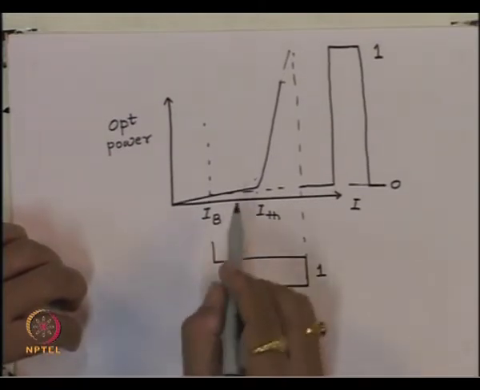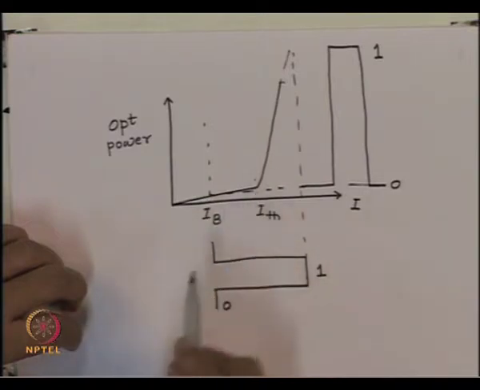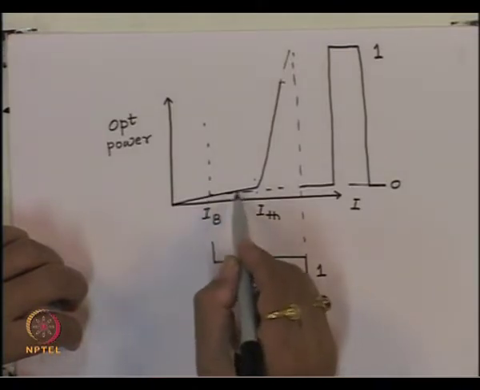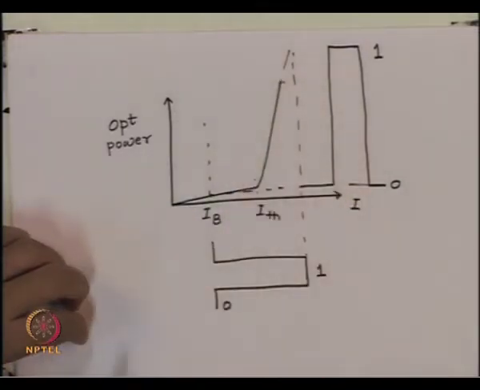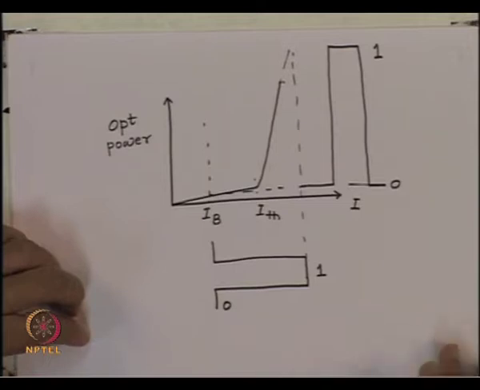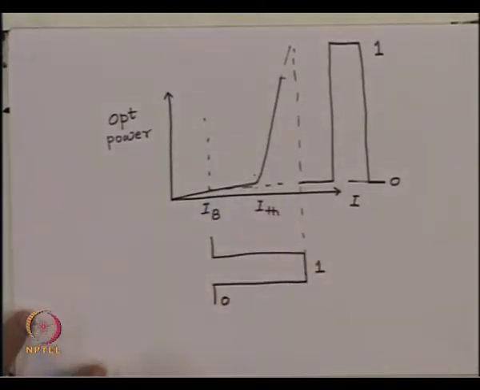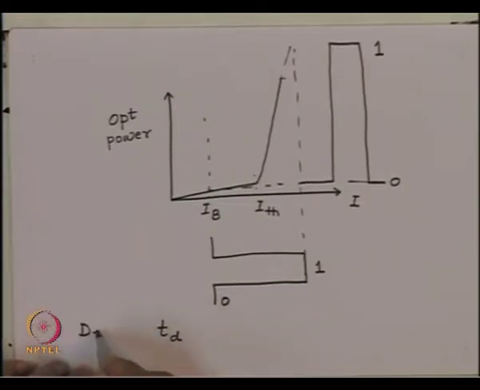Now, what we are saying is, because this current is not same as the threshold current, when this one signal comes, it requires certain time to first build the population inversion up to this value, and beyond that only the device can go into lasing action. So, this delay in the switching action or getting the device into lasing action is given by, let us say TD is the delay,